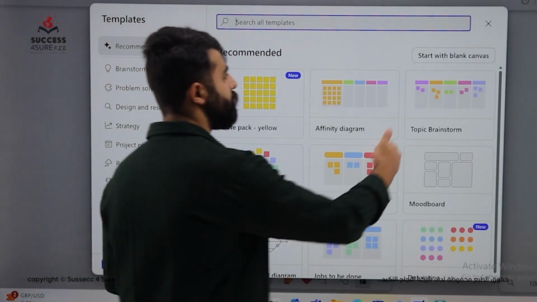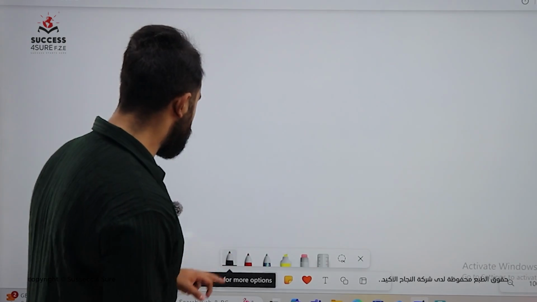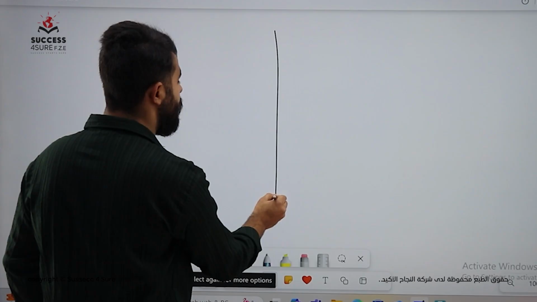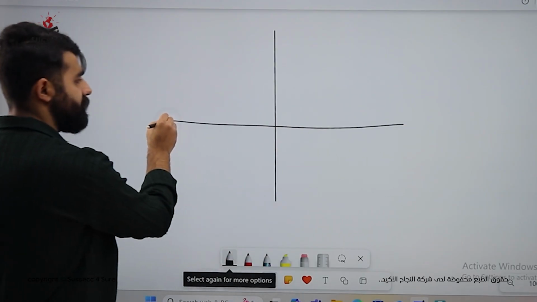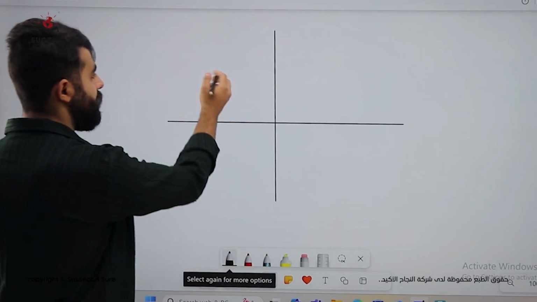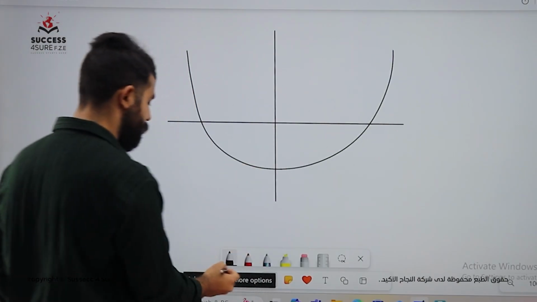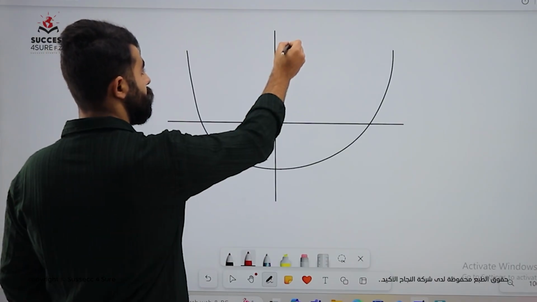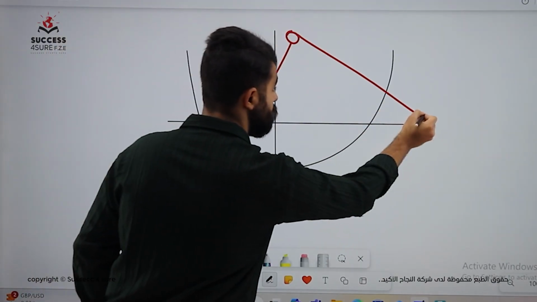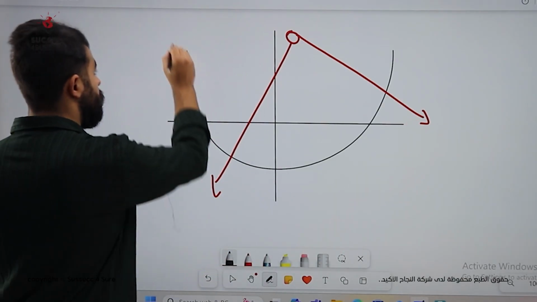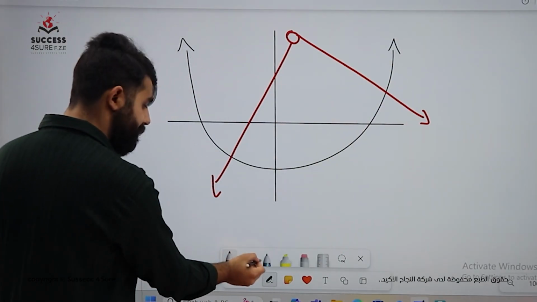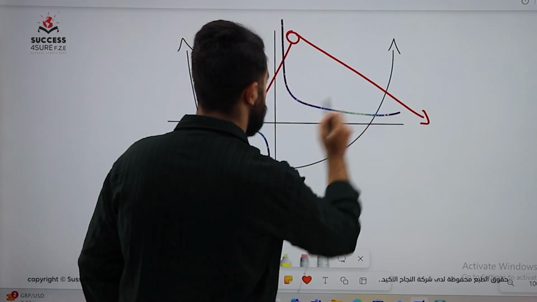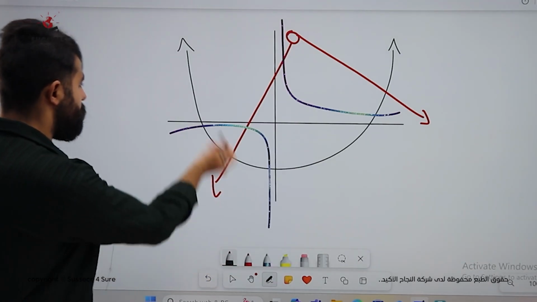Now, to understand what the word continuous means, when you have this function f of x, it has this graph, okay? Let's say that we have these graphs like this. Now, let's say we have function a like this, and we have function b like this, and we have function c like that. Okay, now in function A, the black one,